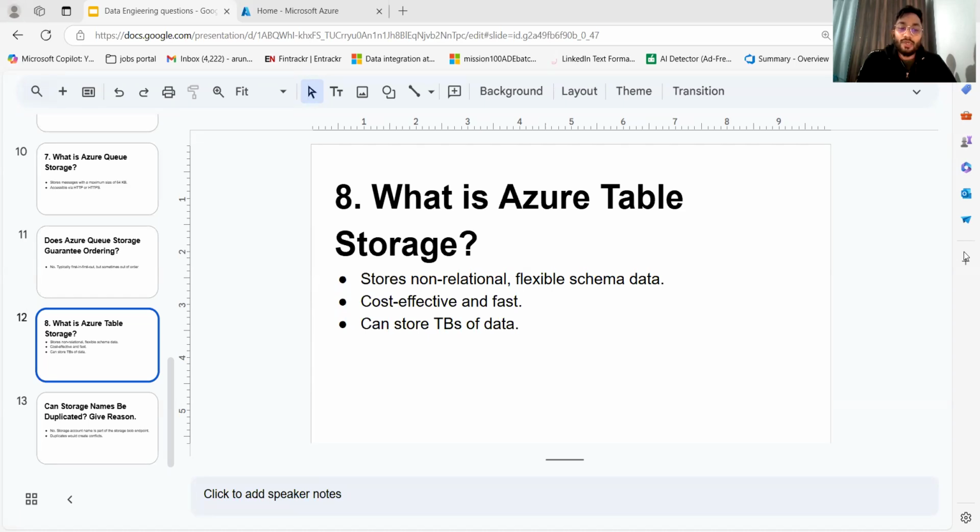What is Azure Table Storage? Earlier we saw Azure Blob Storage, but this one is different because it stores non-relational data which has flexible schema. What do I mean by that? Right. So